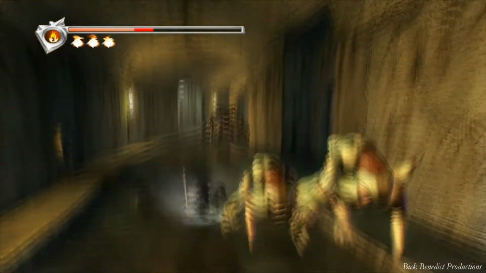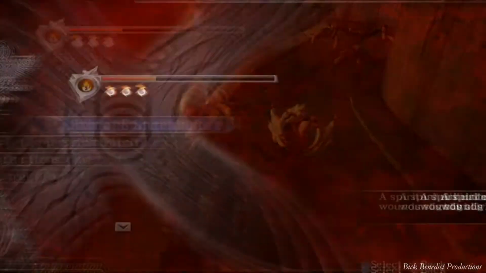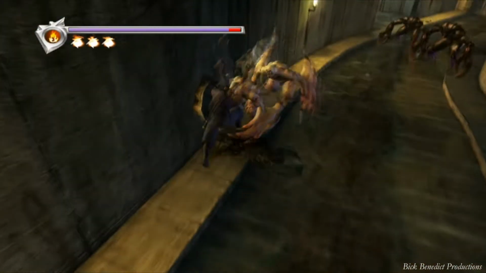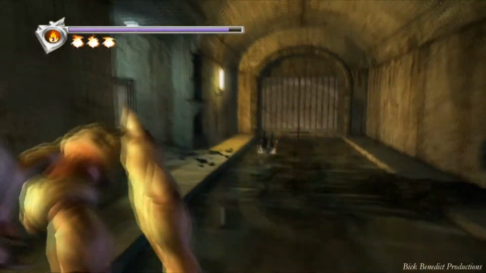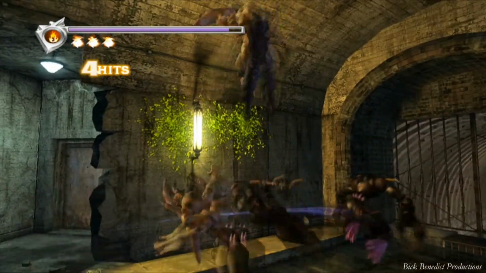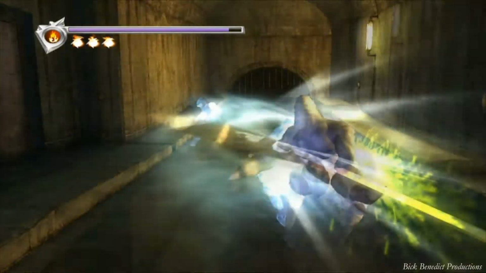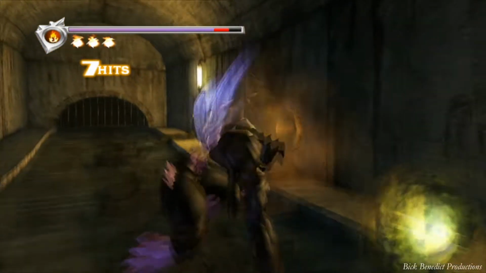So I don't really like these guys. In Sigma, there is a really good way to deal with these guys. You would just use exploding arrows on them. That's a great technique, and the reason I'm not recommending it, and the reason I'm not even trying to do it, is because the only way I can use an exploding arrow is to aim with it on the ground, and if I try to do that, there's just no way. I'm completely dumbfounded as to why you can't jump and shoot an arrow in this game. Anyway,